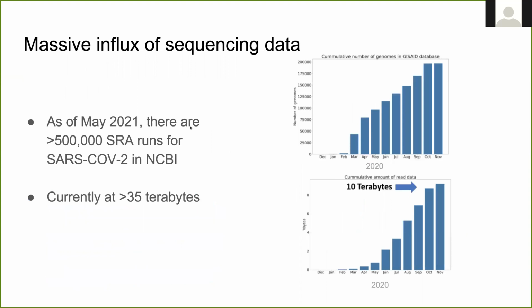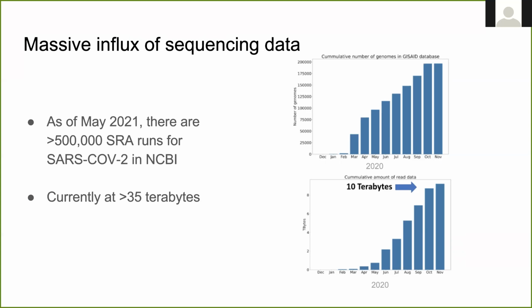So as far as the data goes for being able to identify these variants, on the right here we have essentially the number of genomes in the top right on the y-axis, and then the month on the x for 2020. And we can see quickly the number of genomes in NCBI, or in GISAID, grows with each month. And this is just last year. So we saw at the end of last year, roughly, there were over 200,000 genomes in the GISAID database.